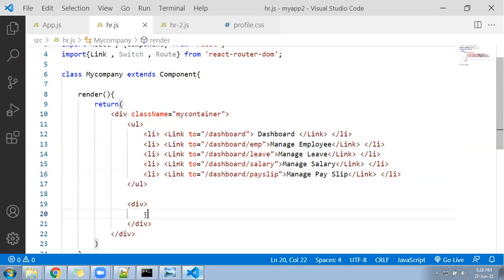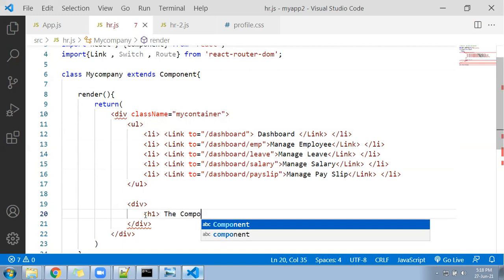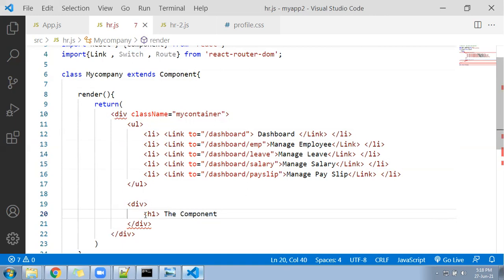Let me write here H1, and the component will come here, and I'll close the H1.